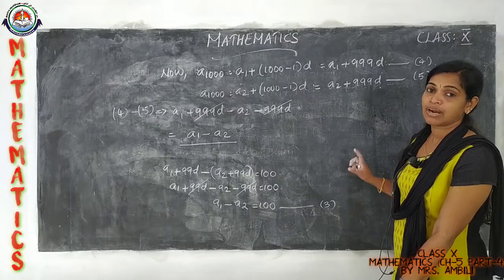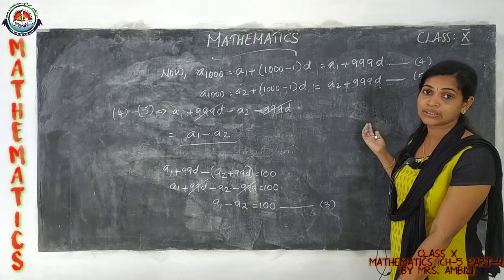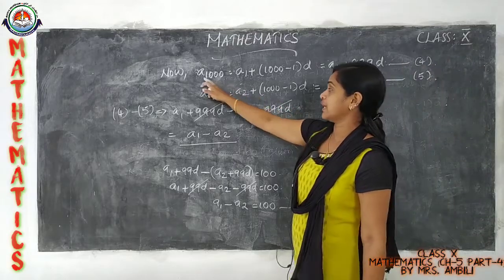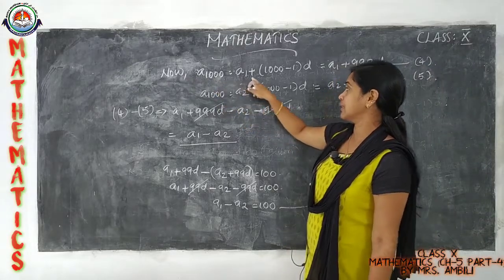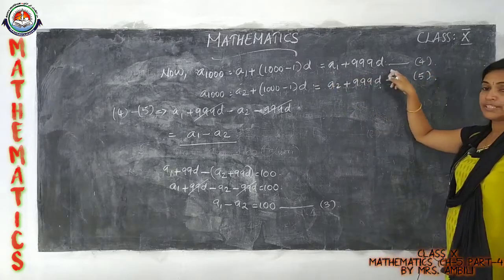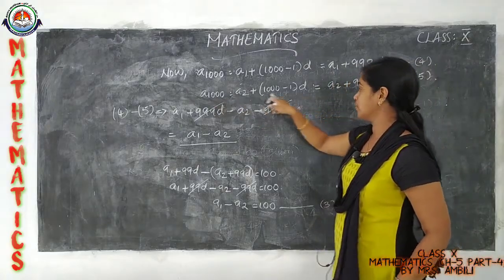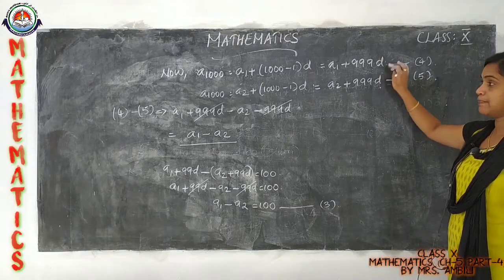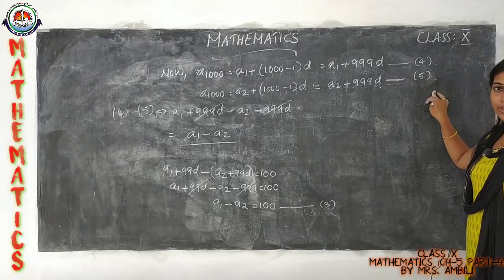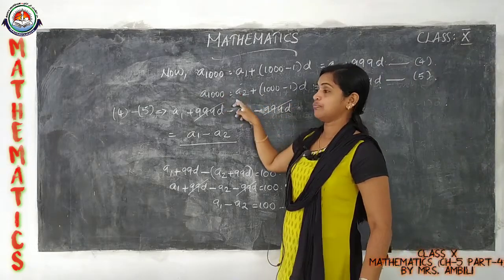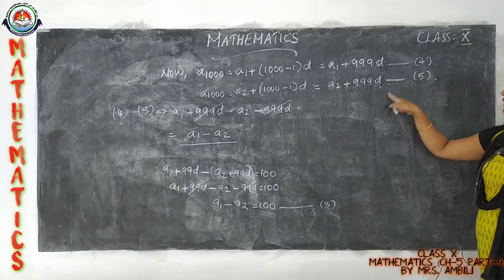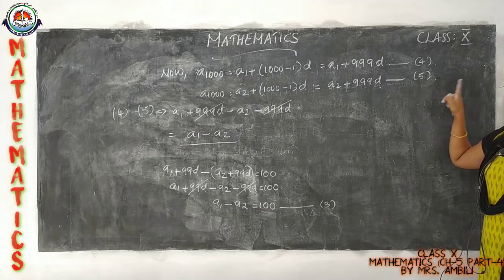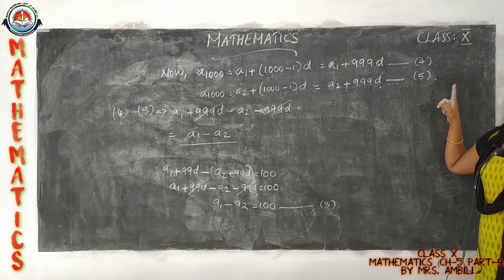So our next question, what is the difference between 1000th term? That is not given, that you need to find out. So for that we wrote here A1000. For the first AP we wrote A1000 equal to A1 plus 999D, and A1000 next also we wrote A2 plus 999D. Nth term of 2 APs we wrote. Okay, so that 1000th term of 2 APs we got now, that is 4 and 5. Then we need to find out the difference, that is our question. Find the difference between their 1000th term.